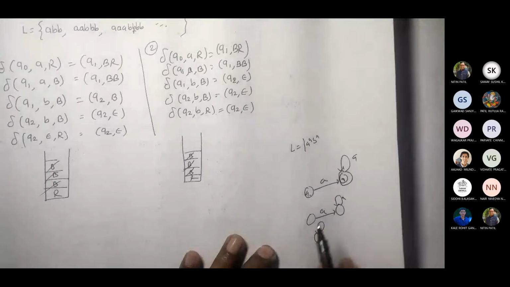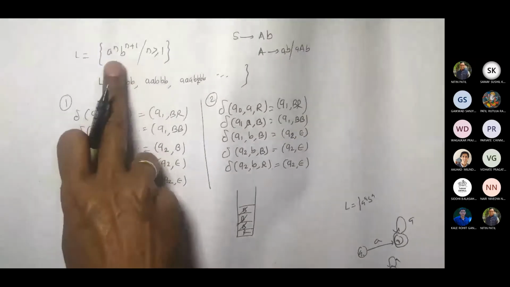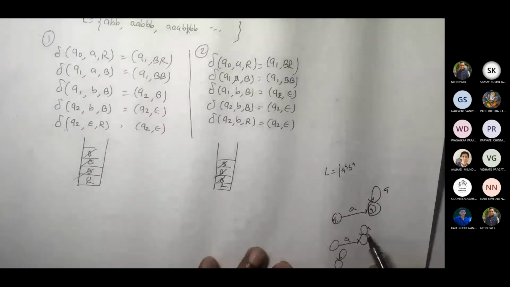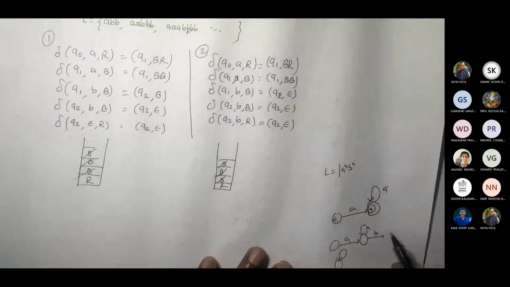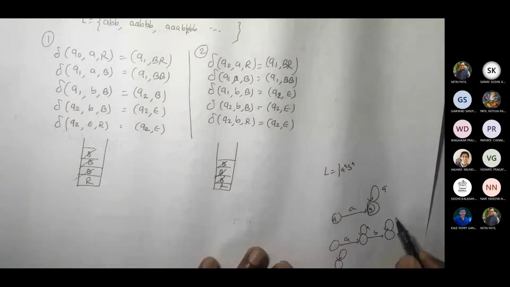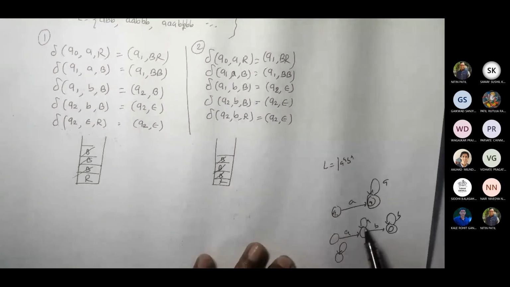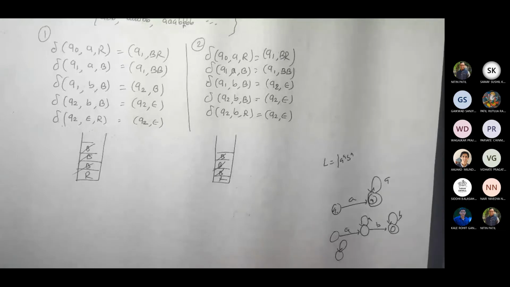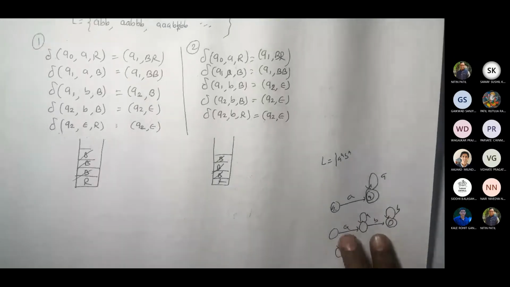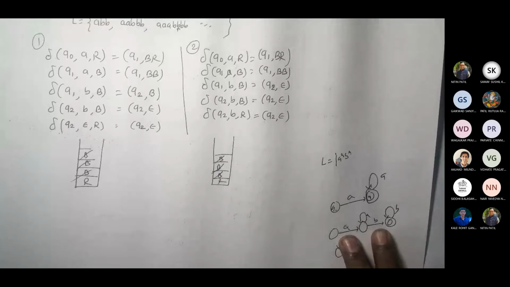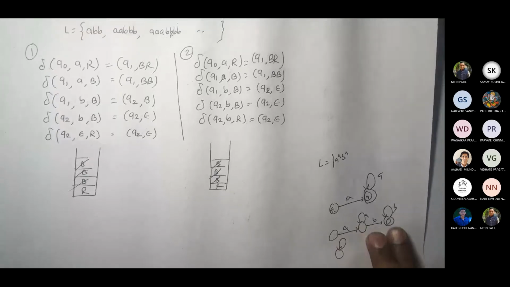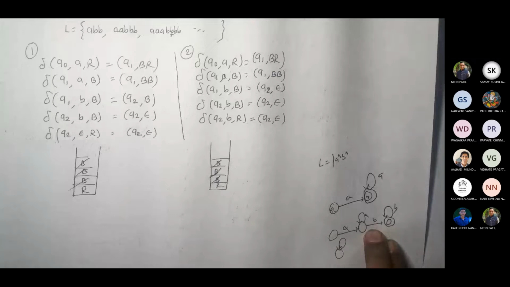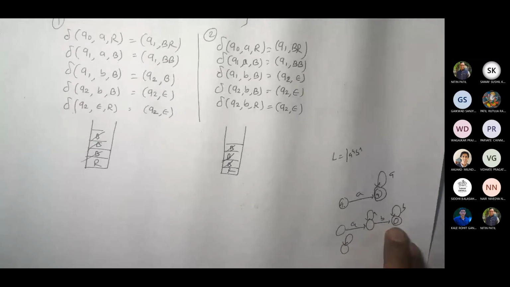So this will tell me that there is a minimum of one A. So let us say A raised to this, and then I'm having B, and this is final. Now can you tell me how many A's possibly would be there here? No, sir, that wouldn't be possible. It would be very difficult. Correct. Very difficult. You can get at least only 1 A, 1 B, but you never can get 2 A's and 2 B's, because it can go to 3 B's or a single B, because it is reaching the final state.